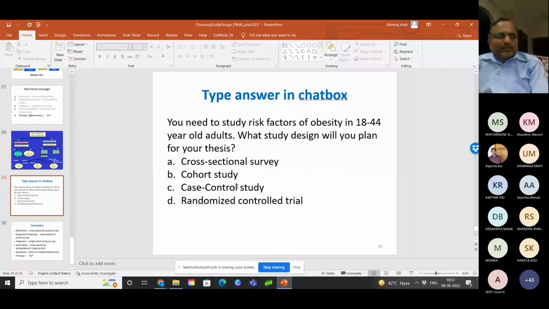That is also not a very feasible study design; it can be done, but again you won't know about the other risk factors and you won't know about other confounders. So here we will be able to do a case control study, because you will have to start from a group of participants who have obesity and a group of participants who do not have obesity, and you go back in time and